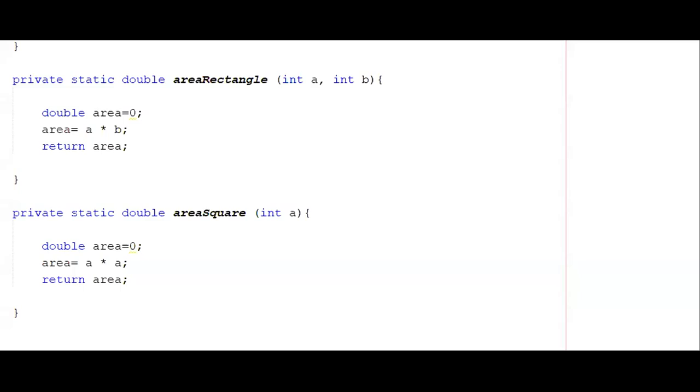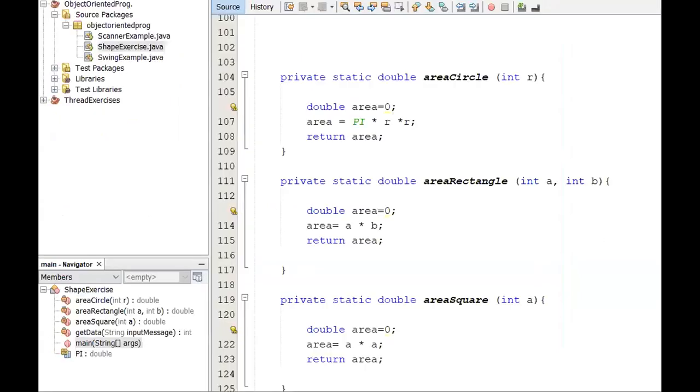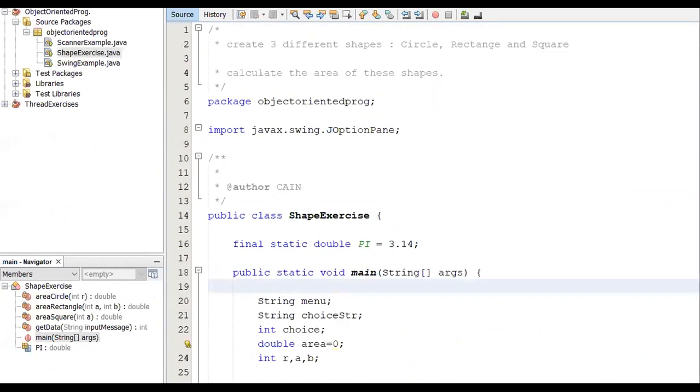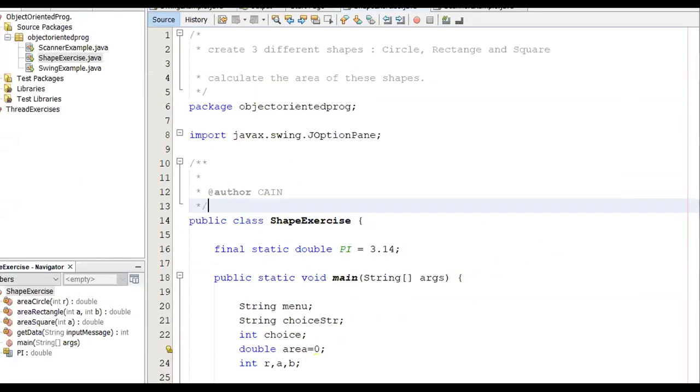So in the last week, we were doing the Scanner and JOptionPane classes. Basically we were learning the Swing library and the Scanner class and how we can actually program using the environment in Java. Just to repeat what we have done last week, if you didn't understand very well what we were doing, we basically created a class